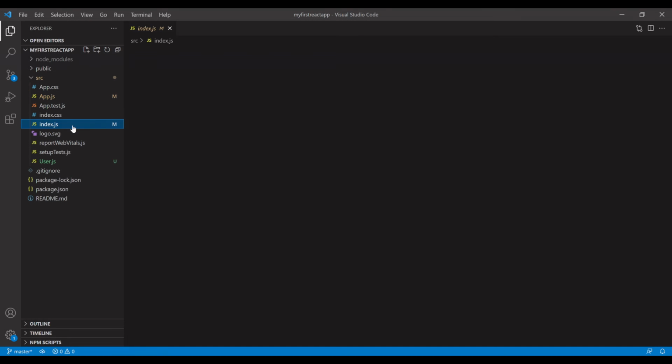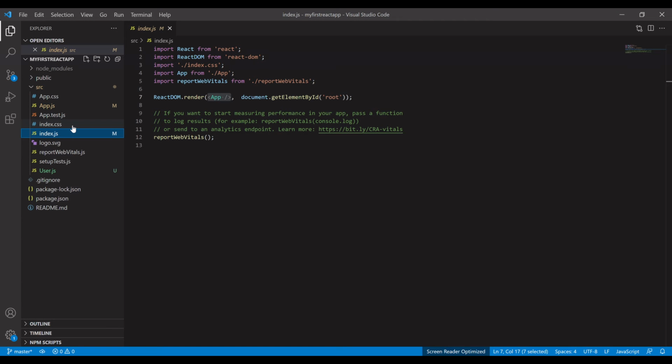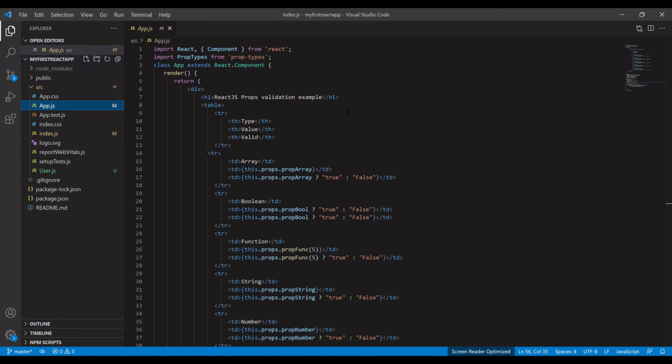As you know, if we are writing anything in React, the first page that will render is index.js. Why? Because we have document.getElementById, and it is a root element, from where we are passing one component, that is the React component App, and it will render this App file first. Okay, so we are connecting this root element with this component, and we have defined this component in the React app file. So this is the app.js file, and we have written everything here.